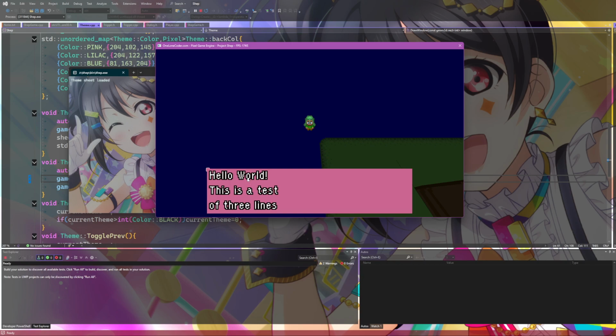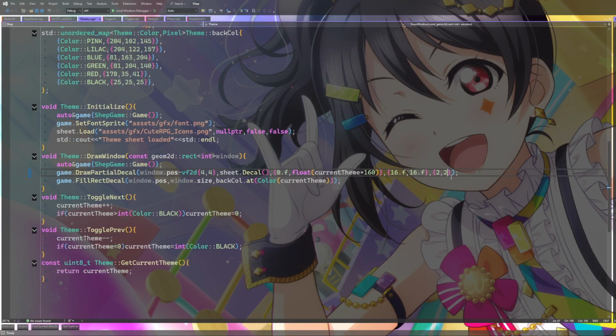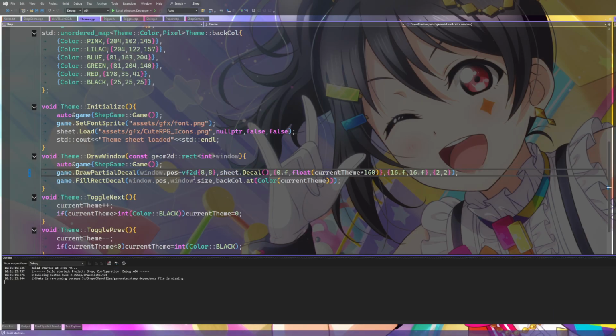I mean, I kind of like that. Actually, it might be cute to just have corners like that, wouldn't it? I was originally gonna stretch it out and make this whole thing rounded, but maybe I'll just do that. That's kind of cute. I kind of like that. Maybe if I make it a little larger. So if I go 2, 2, push it back by 4, 4, that might be perfect.